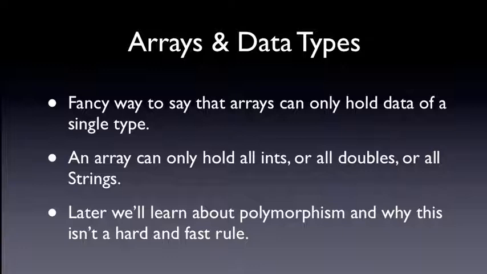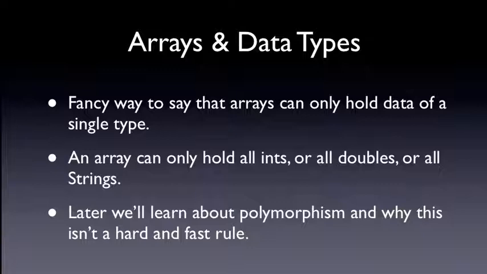So when you declare an array, if you need to store ints or doubles, you're going to need two arrays. One array to hold all ints, and then a second array to hold all doubles. If you want to store strings, you need a third array to store all strings. So when you declare an array, every piece of data in that array has to be of the same data